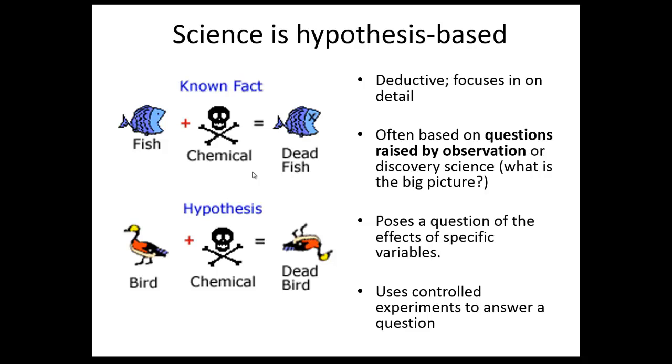For example, if we say that a fish plus a chemical causes death, can we assume that a bird with that same chemical will also cause death? We would have to test it. We would have to run a controlled experiment to see that. So that would be a hypothesis, saying that we know that this chemical kills fish. Will it then kill birds? So one could run an experiment based on that. So this would be a hypothesis saying that if we expose birds to this chemical, then the bird will die. So a hypothesis is a prediction, it's a statement, it's an if-then statement.